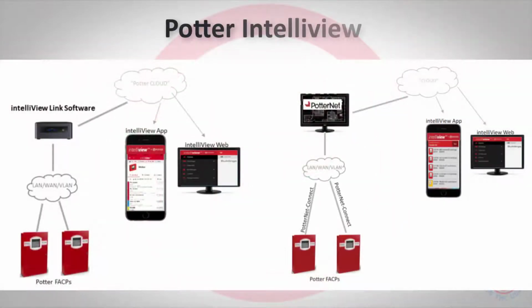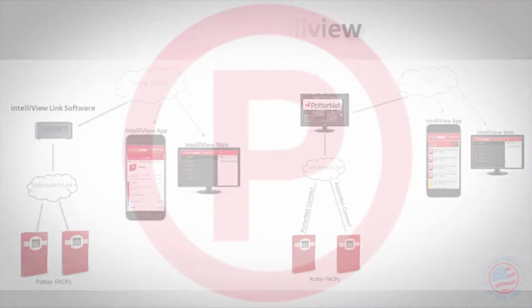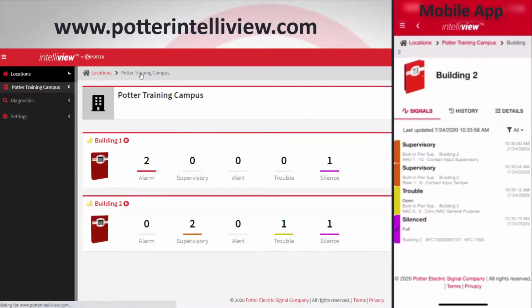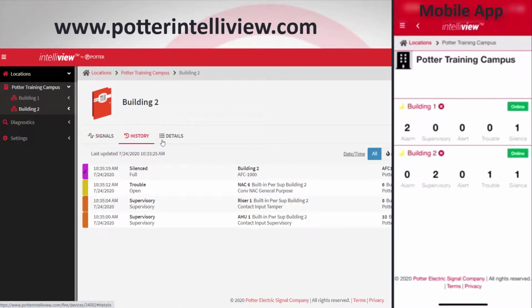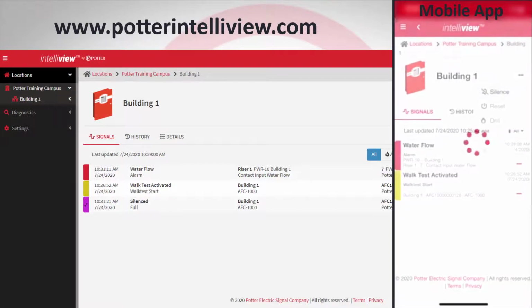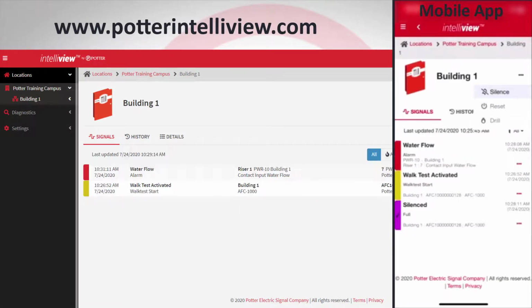Potter IntelliView can be used in conjunction with PotterNet or as a standalone service. It can be used to manage multiple fire panels for campus applications, allowing the user to monitor the entire campus. IntelliView Link can also be used as a single license to take from site to site for one-man walk test